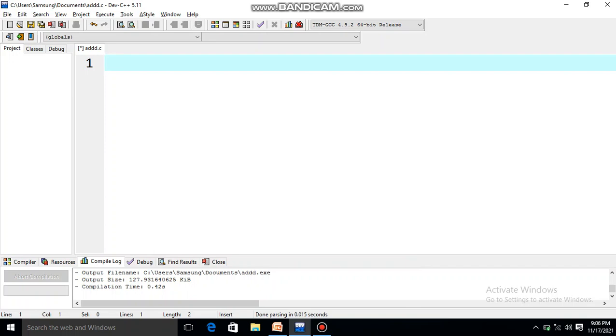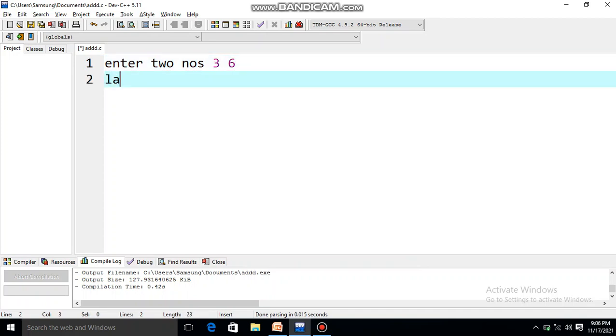Now, as I have told, whenever you are going to do a program, you need to visualize the output first. So what is the output for this program? When you run the program, what should come? "Enter two numbers." You will enter two numbers. So this is the output. Suppose you enter 3 and 6. The next line should be "Largest number is 6." This should be your answer.